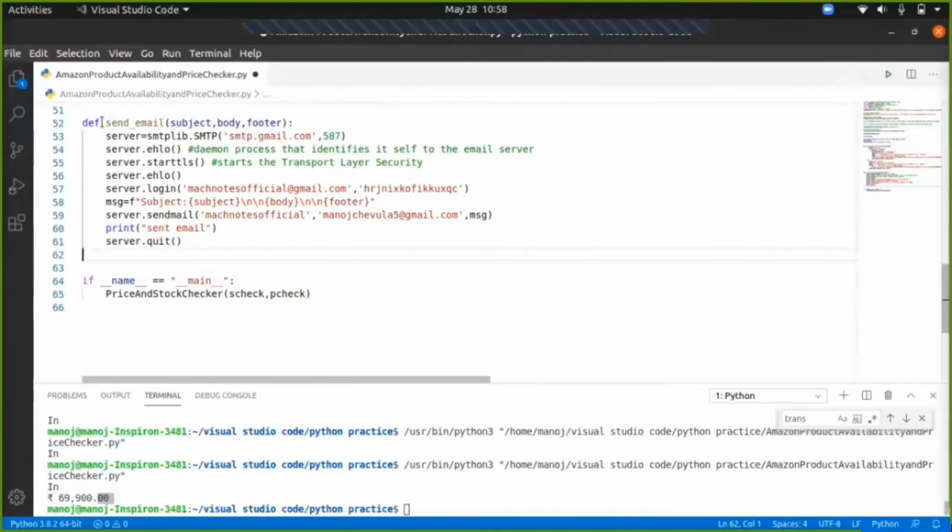In function send email, using SMTP library, we are going to send an email to any internet connected machine. Here you can see smtplib.SMTP, in which I have provided the Google SMTP server details and the TLS details of Google. You can find this Google SMTP server and TLS details from Google.